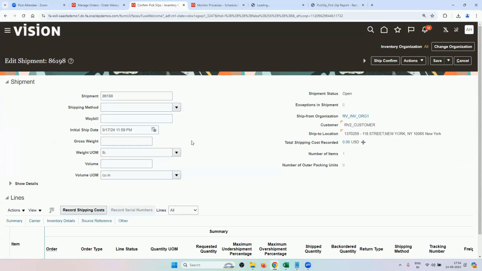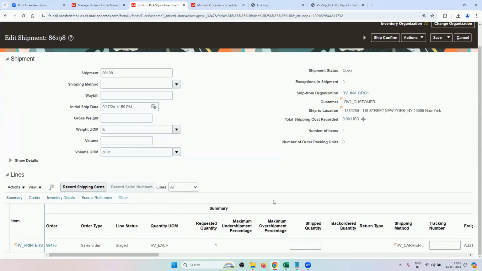So now this is a ship confirm page. Once it has been moved to the staging sub area, the shipping manager or the shipping agent will load it into the truck and be en route to the customer's location. So once your goods have left the warehouse, left the staging area, then you have to ship confirm it. Then you will come down over here, click on shipped quantity as 1 and record shipping cost. Click on this,